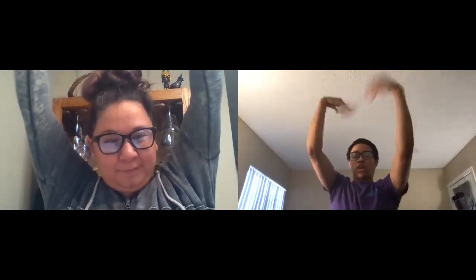Get on your tippy toes if you are standing. If you're in the chair, make sure you're extending as far as you can. Very nice. And then you're going to drop your wrists like this. Drop your hands like this. You're going to swing them off to one side. You're going to swing them off to the other side. And then you're going to wave them like you just don't care. Get super wild with it. If you got loads of energy, you can get crazy with it. Very good. Excellent. And freeze.